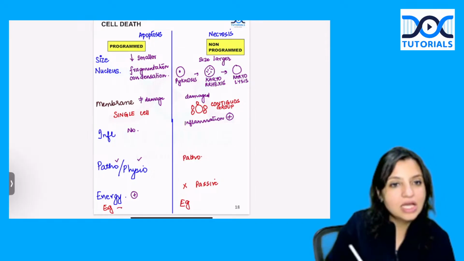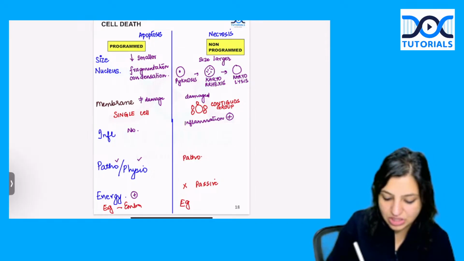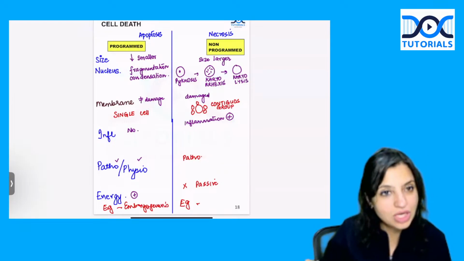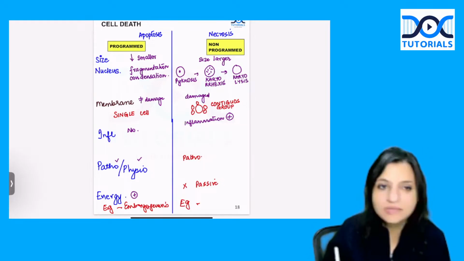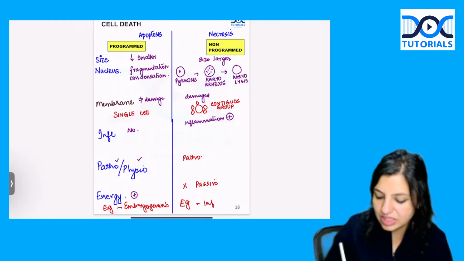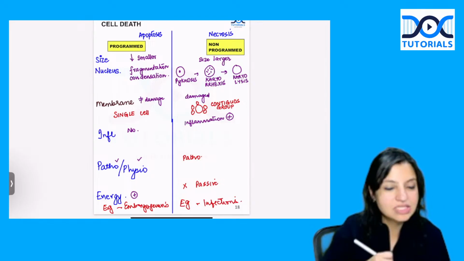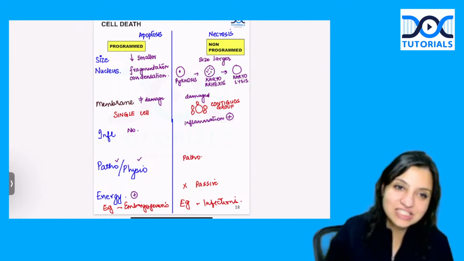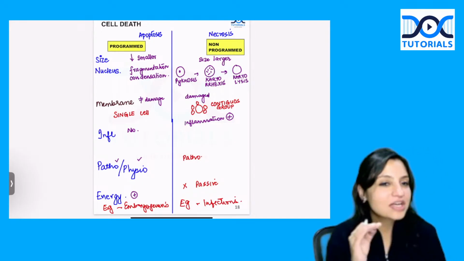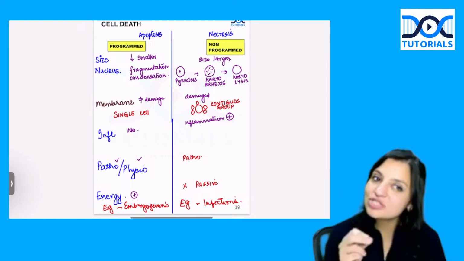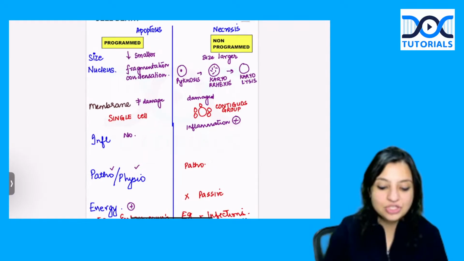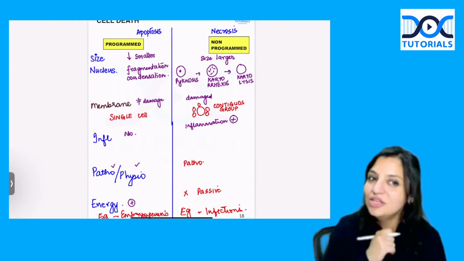Okay. So like embryogenesis, somebody says embryogenesis is a type of apoptosis. Whereas when we talk about necrosis, necrosis can be seen in any infective conditions. Okay, so infections basically cause necrosis. So these are some changes which everybody should be clear about in the difference between apoptosis and necrosis. Okay, so that's a short note which comes in exam. Everybody should write these points and then you will get full marks.